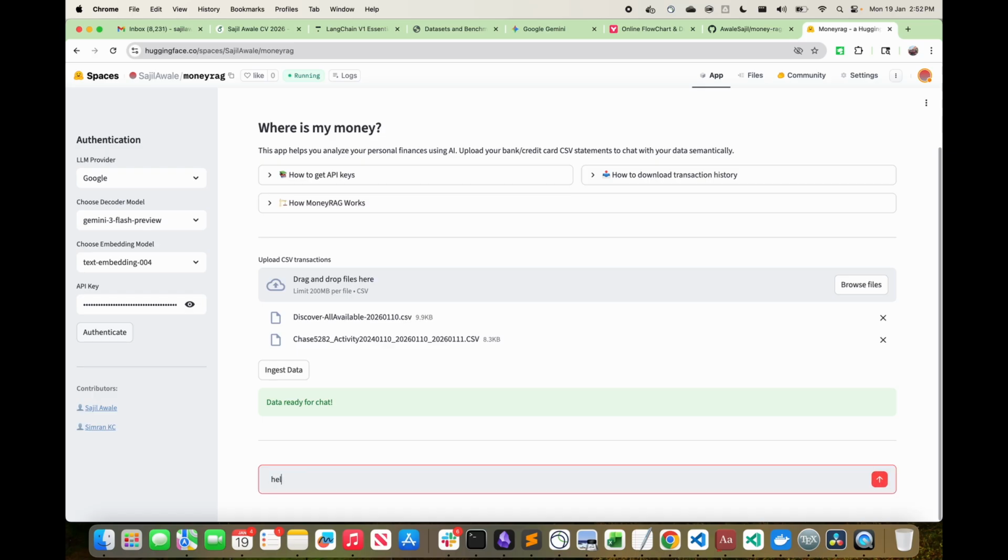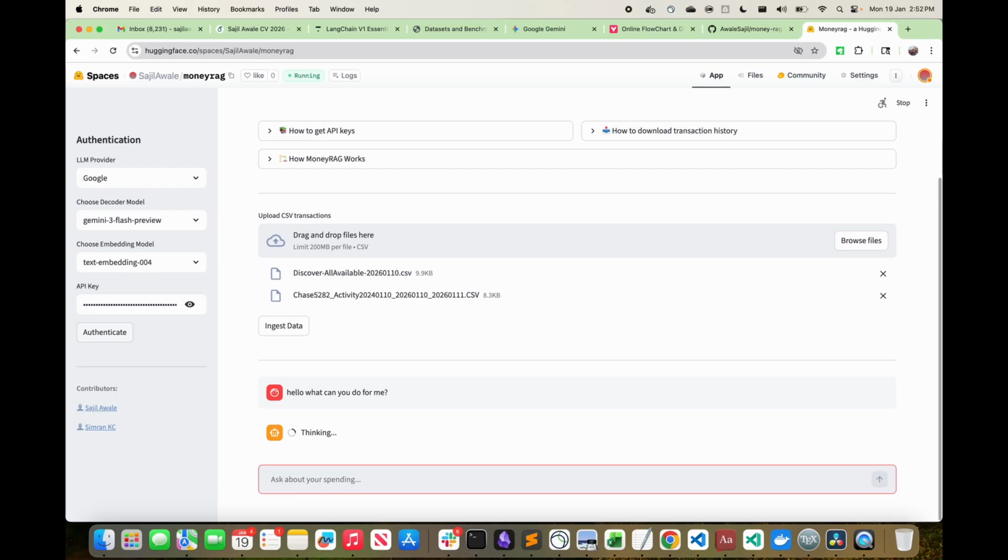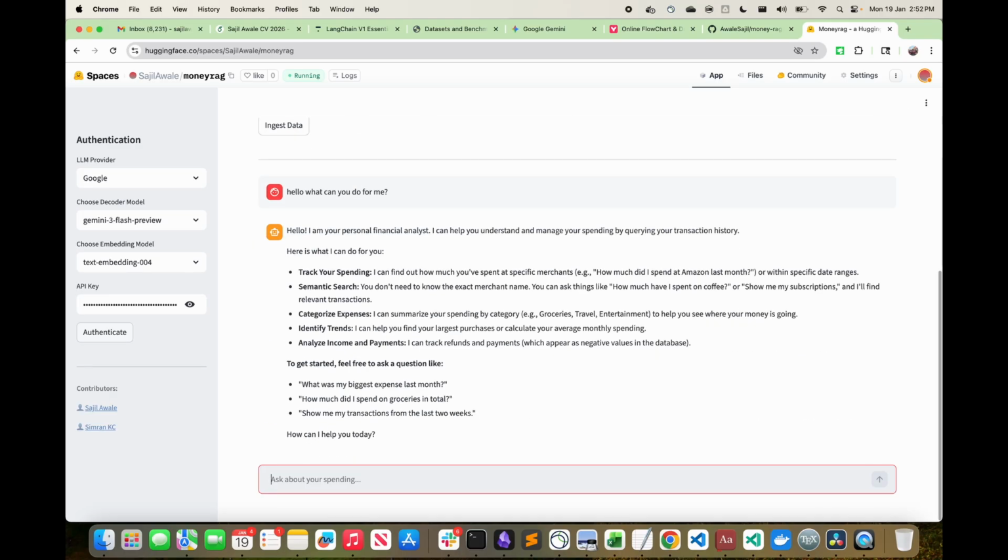So I can just start with, hello, what can you do for me? It says it can track your spending, do semantic search, categorize expenses, identify trends, and analyze. I could say, how much did I spend on fast food last month?